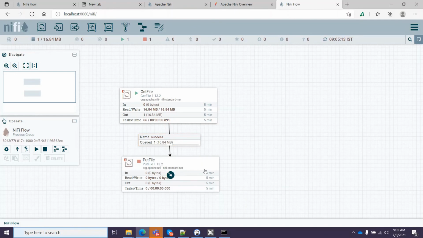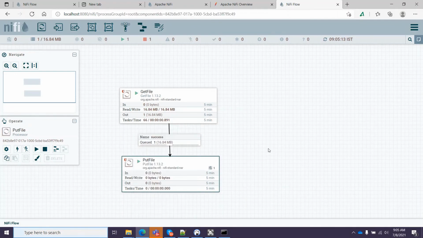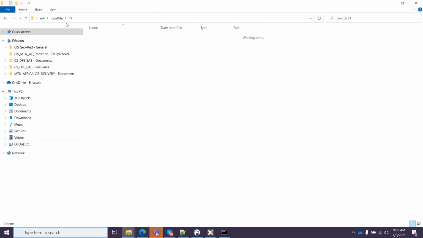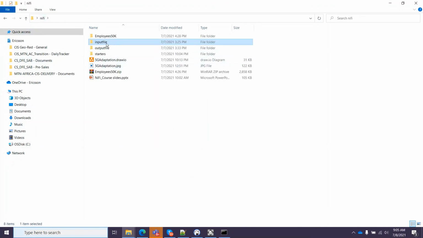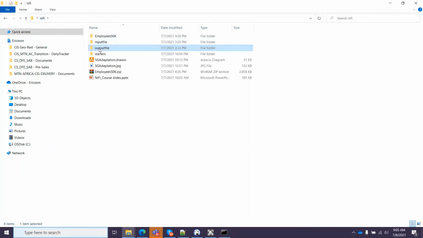Currently my put file is stopped, so I will start it. And let's refresh. So what I did is from Nifi input file F1, I took a file and I put it in the output file.